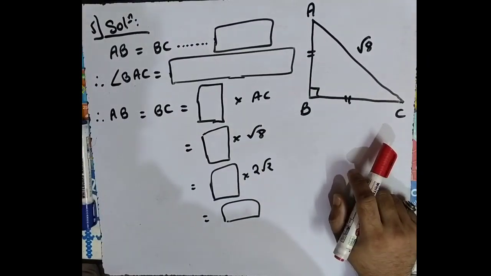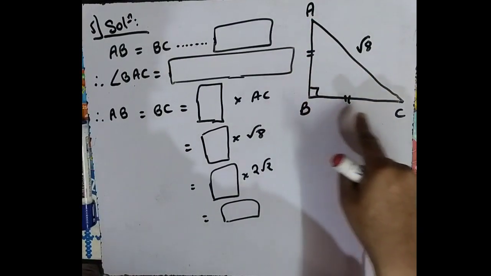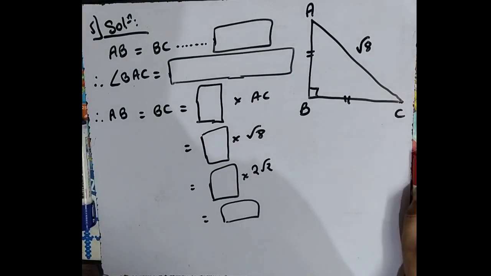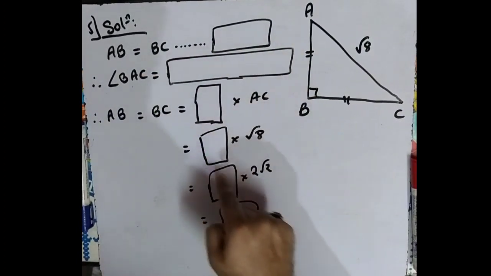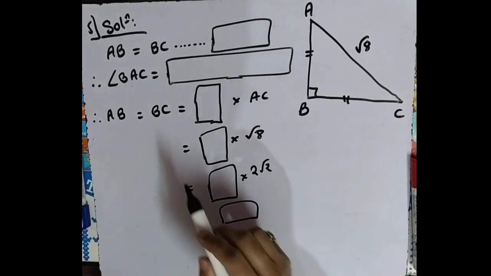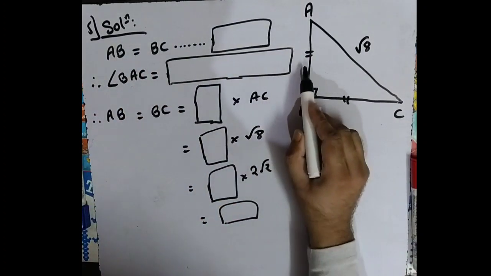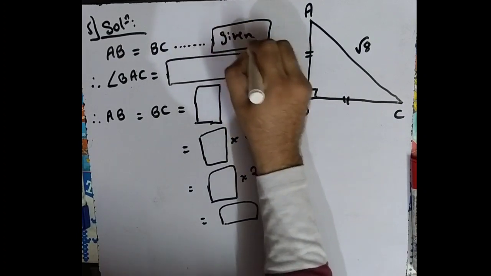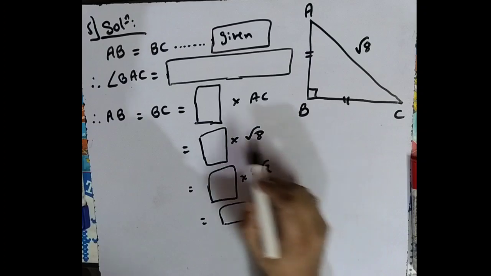In the fifth sum, we have to find out AB and BC. This is an activity type of sum. What we have to do is just fill up these blanks. What do we have? First statement, AB is equal to BC. It's given because they have shown that in the figure itself.